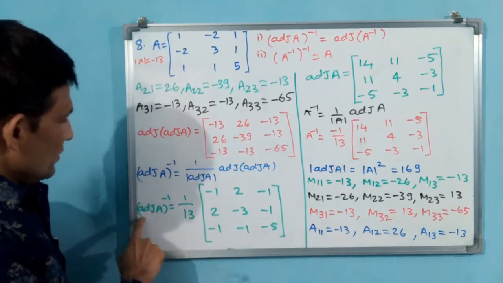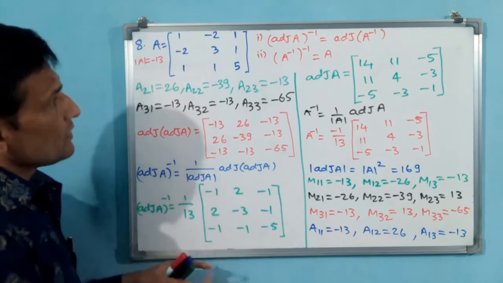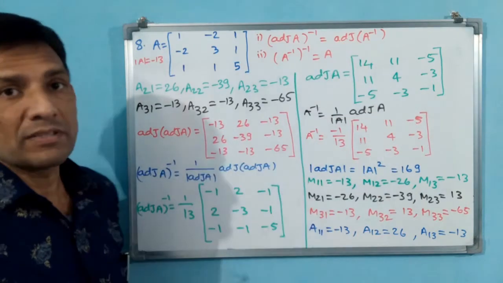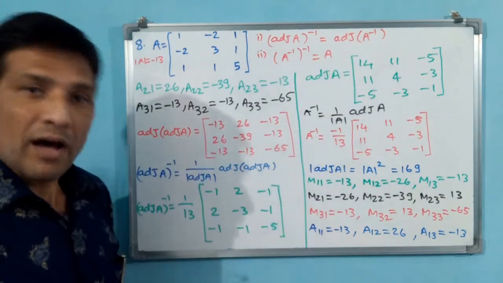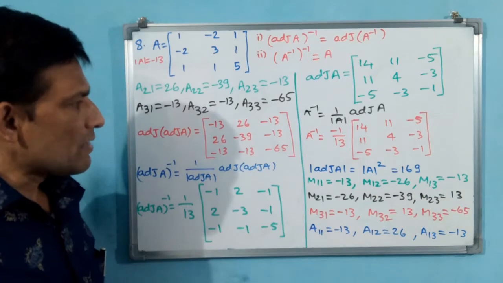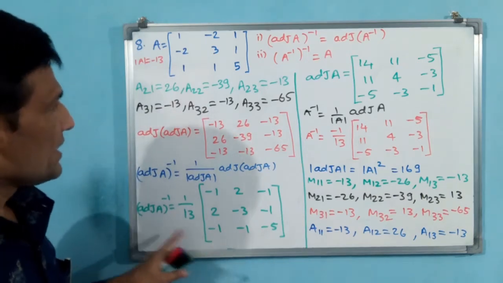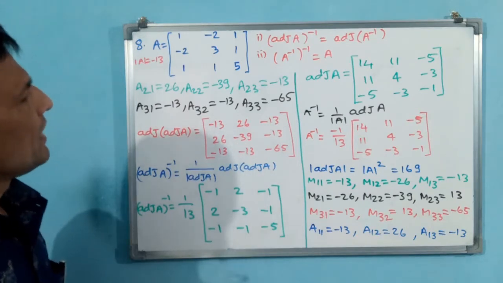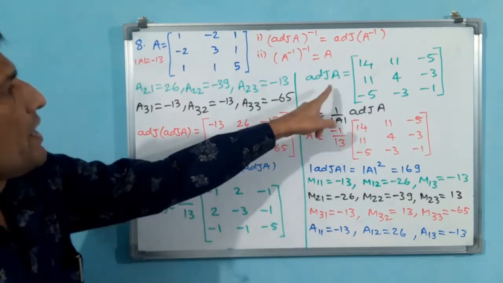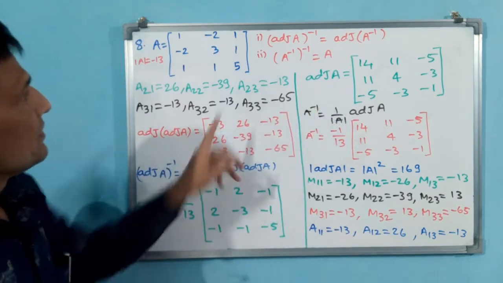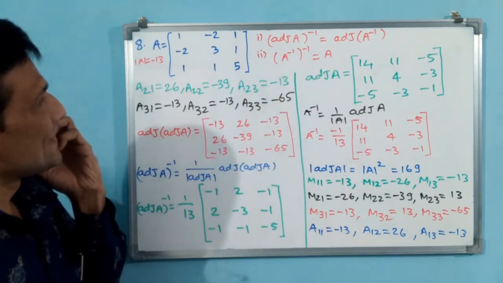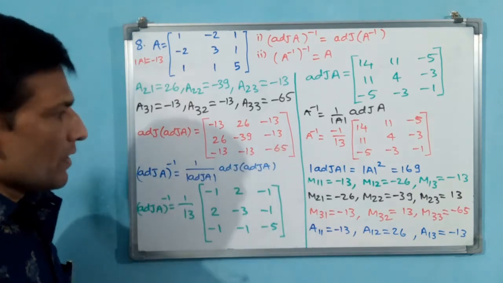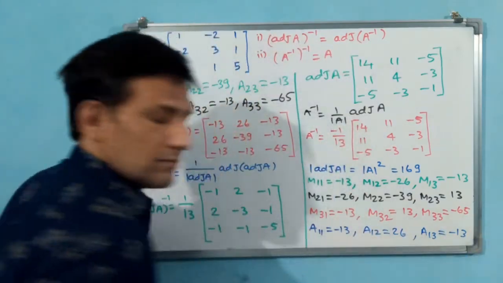What you have to do, this adjoint A inverse 1 by 13, you have to keep outside. You have to write somewhere. Why? Because see, this you have to show to adjoint A inverse also. A inverse also you have to write there. All these things you have to write. What I am doing, you see, now you have received this adjoint A inverse. I don't think again you require adjoint A. Adjoint A inverse you have to show. A inverse is there. Okay. Now I am going to remove these two.